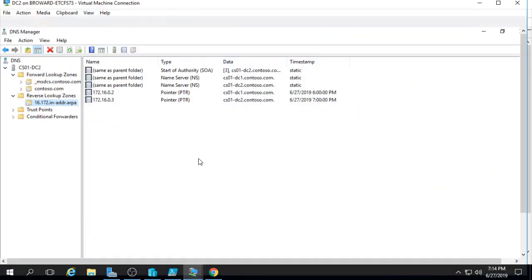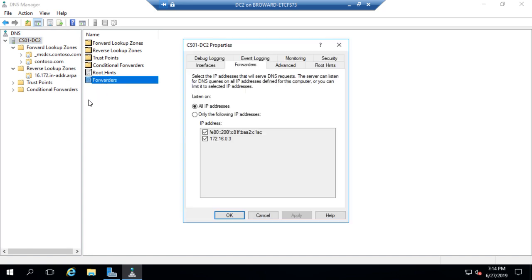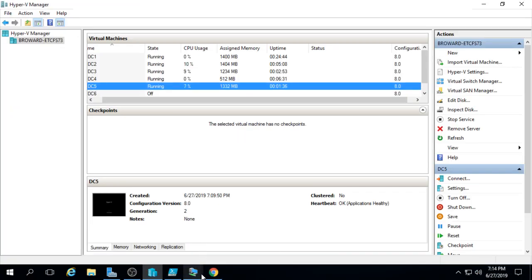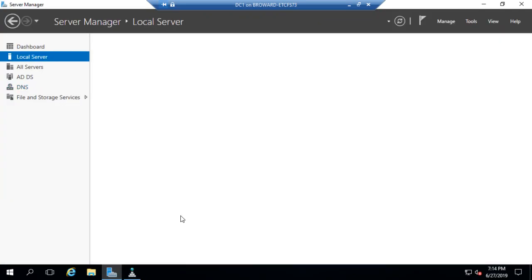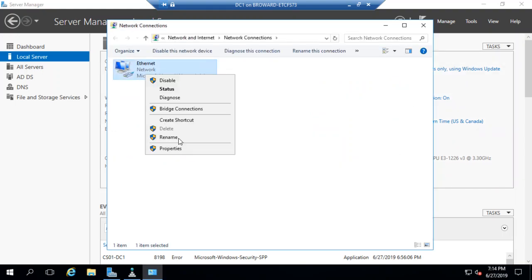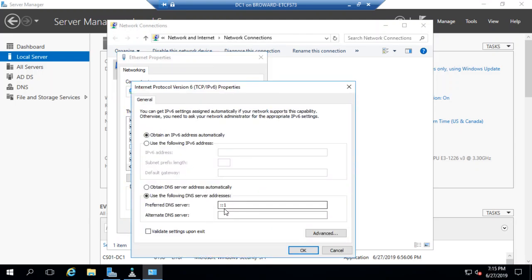I'm going to go back to DC2, highlight my server, and go to forwarders. Remember, I point to DC1 for name resolution. I'm going to go to DC1 now. What did I do for my IP settings on DC1 for the DNS client? I used the school's. But what happens if I look at it now? It configured the IPv6 loopback for DNS. That's my primary, the IPv6 loopback, and